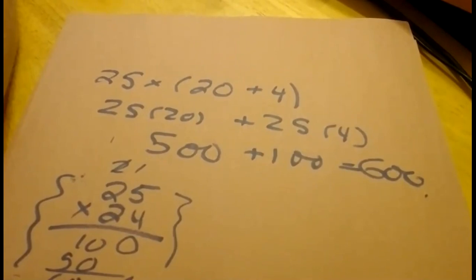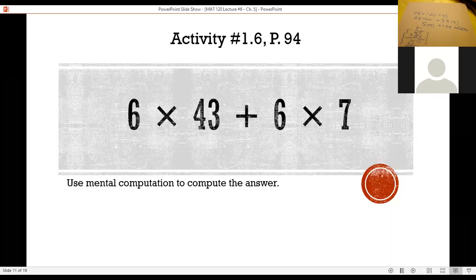Let's keep on looking at our other questions here. We have a lot of good questions here today. Here's another good one: 6 times 43 plus 6 times 7. 6 times 43 is a pretty yucky thing. It's going to be an ugly 2-digit by 2-digit thing that's going to be